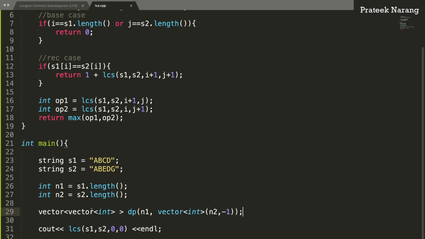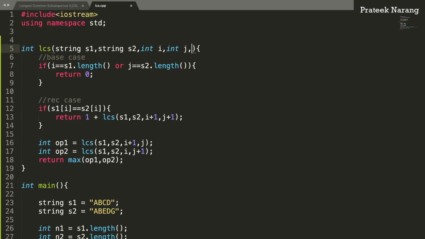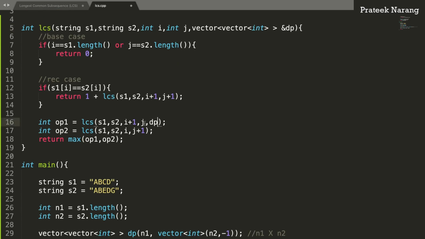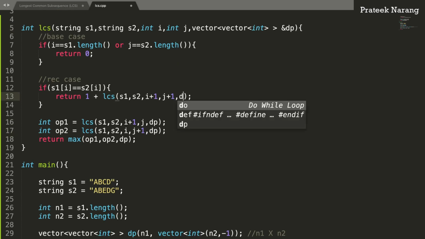So we create a vector of size n1 cross n2, each initialized with -1, right? So this is the DP vector. In the recursive function we are going to pass this DP vector, as a vector of vector of int, dp, passing it by reference, and in all the calls we should add this vector like this.